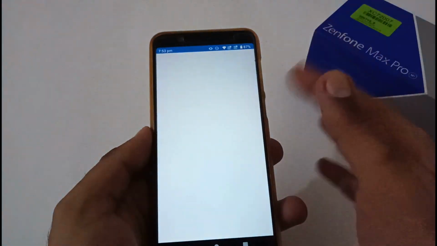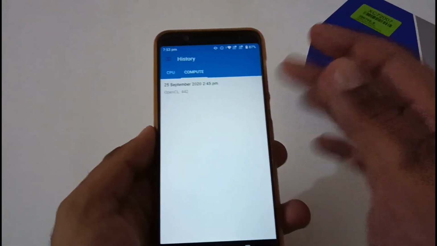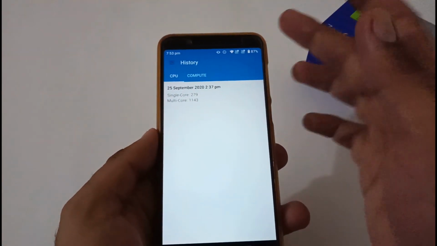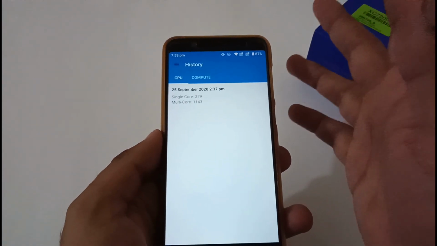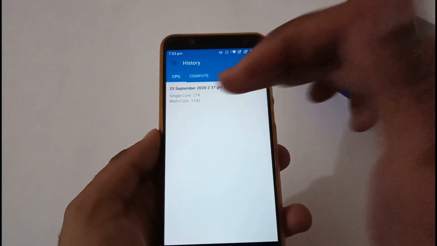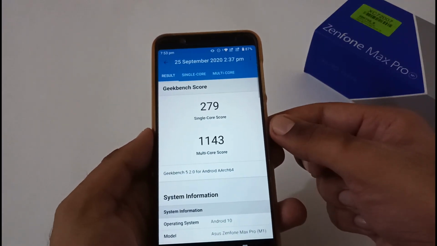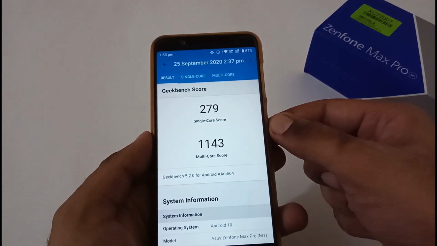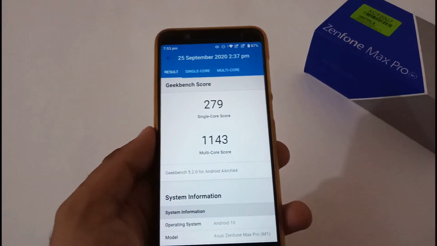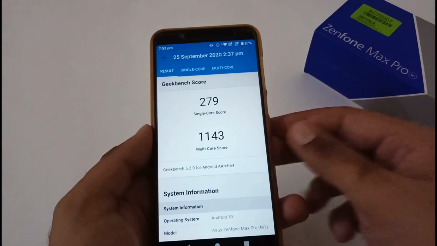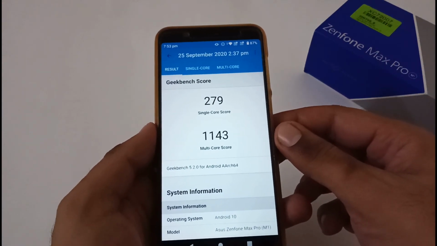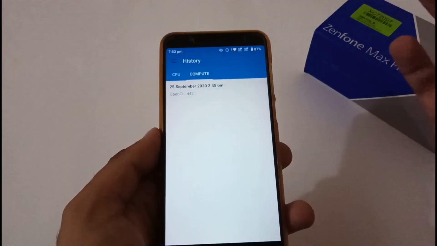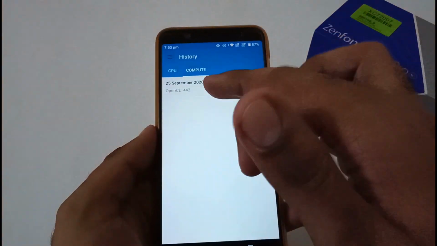Before that, let me confirm that although I don't like to do these comparisons, because there is always a difference whenever you run these benchmarking scores, because it usually depends upon the battery available, temperature of your phone, and various other parameters. So Geekbench 5 scores from the single core perspective on Android 10 Beta 4, the score is 279, whereas on Android Pie 087 it was 276. And with respect to multi-core score, it is 1143 on Android 10 Beta 4, whereas it was 1182 on Android Pie 087. So again, if one is higher, then the other is lower, and so on.